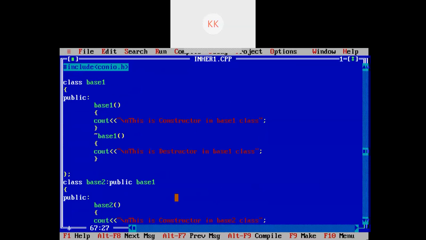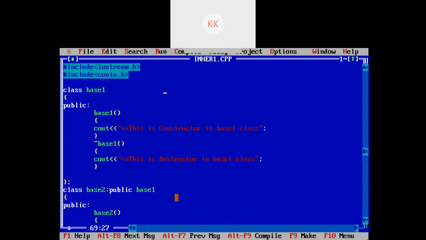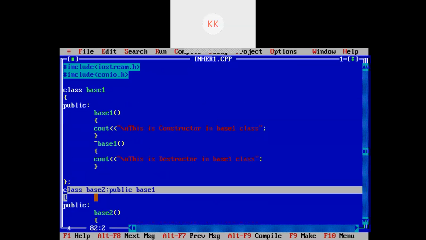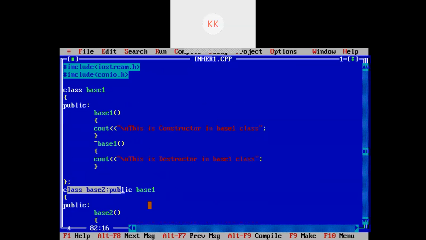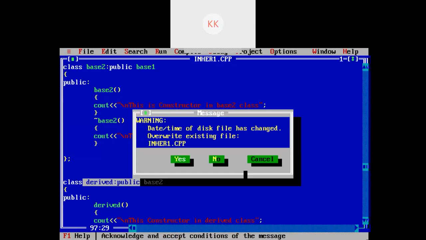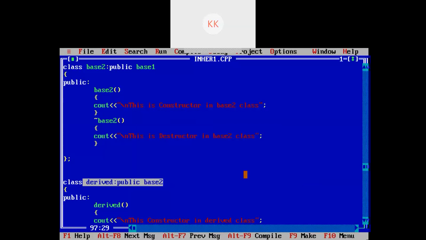So in multi-level inheritance, one base class is inherited into an intermediate base class, and again that base class is inherited into another derived class. Right? So this is called multi-level inheritance. Again in this we will see how the constructors and destructors are called.